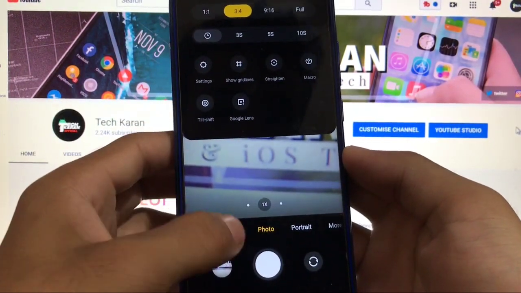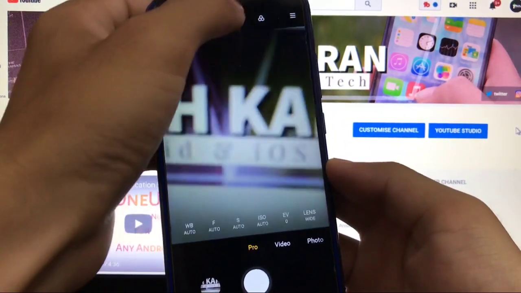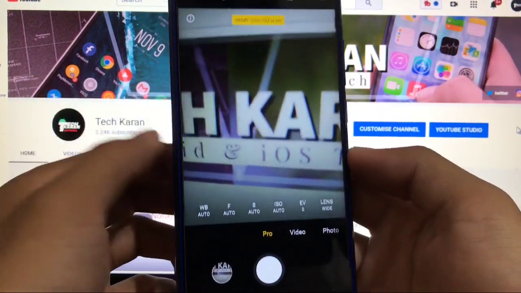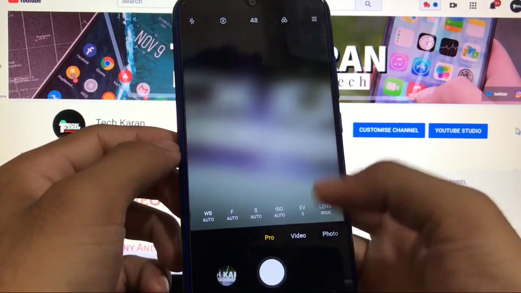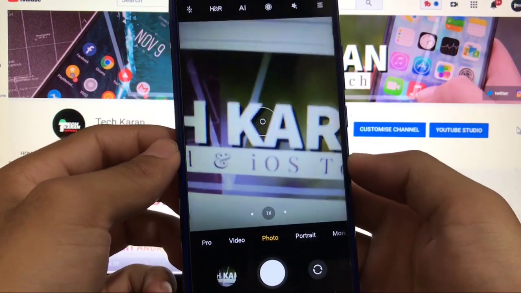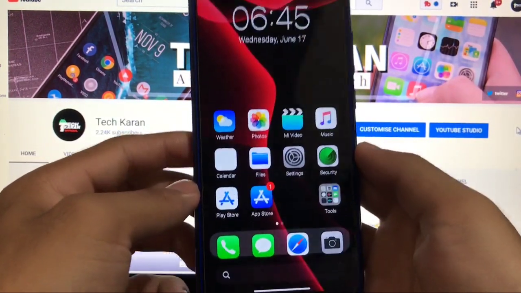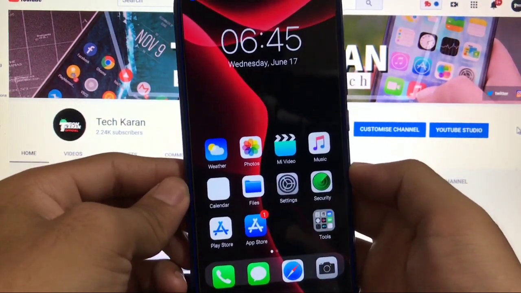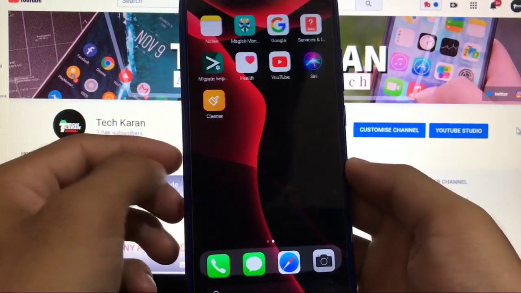And last we have the pro mode, which has the 48 megapixel camera. Just click here, and that's perfectly fine here too, which means you can use this ROM especially for the camera, because all the 4 cameras are perfectly fine. A very cool and positive thing. Also, if you talk about the Gcam, you can use Gcam also.